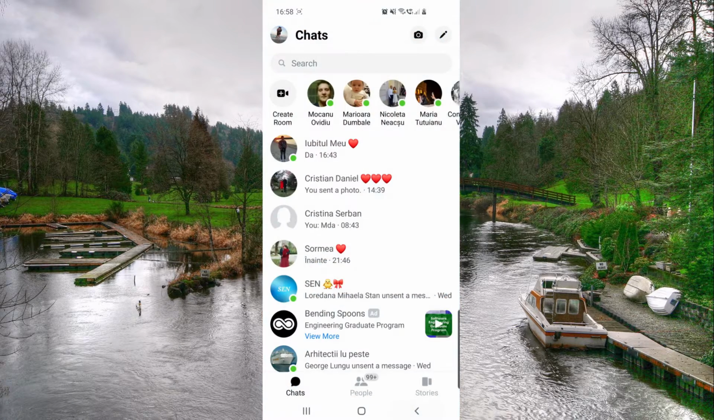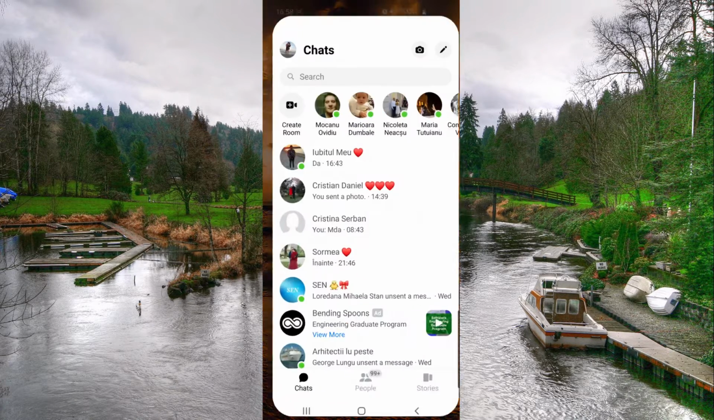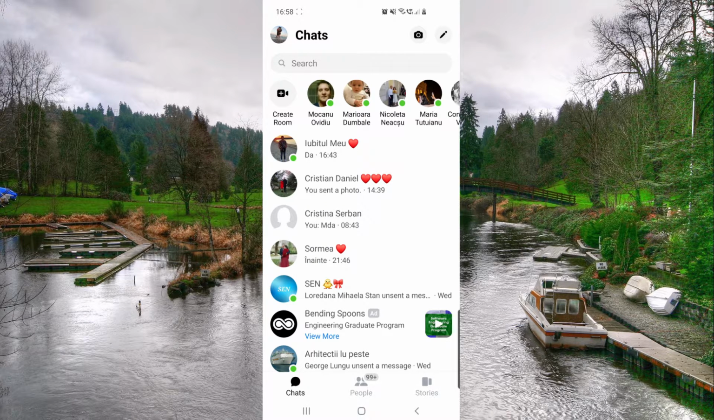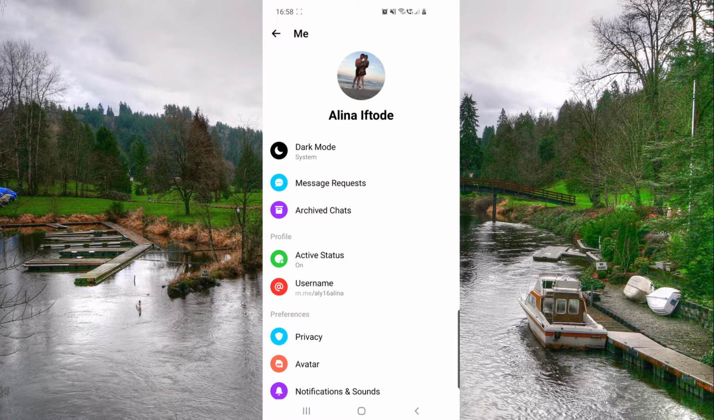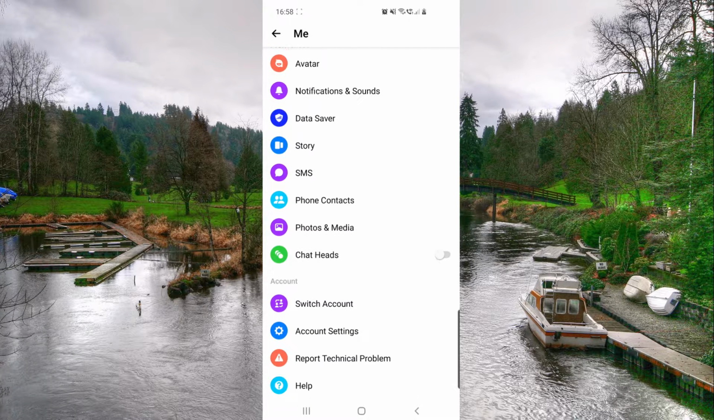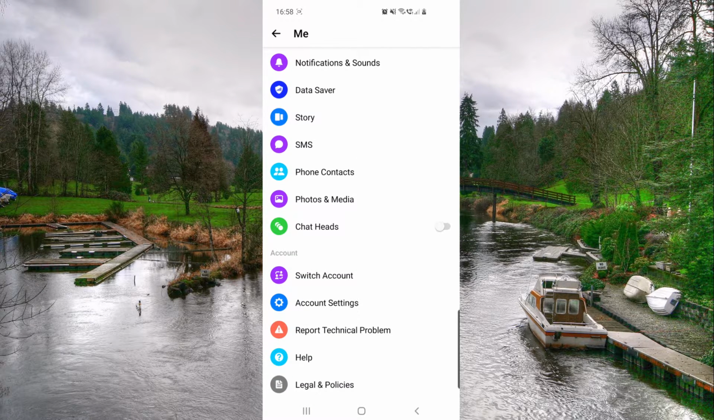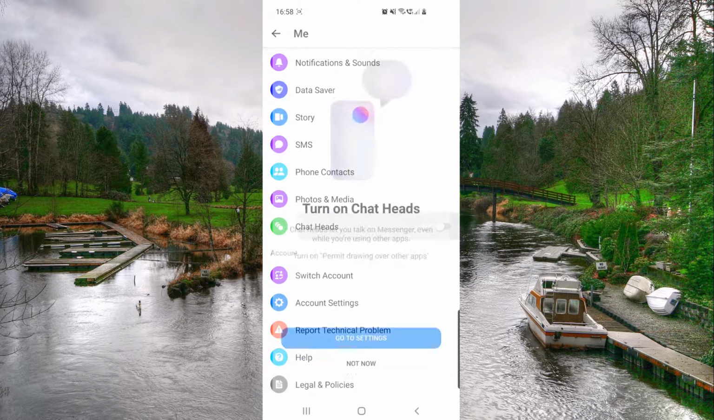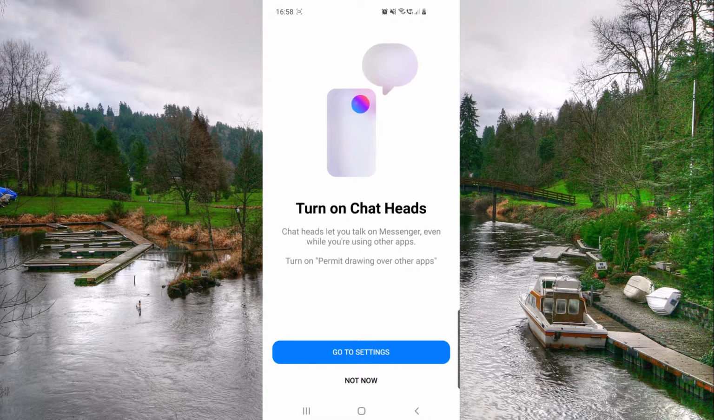So you just have to go on your Messenger app, and then from here you have to click on your profile, which is in the top left corner. And then from here you want to scroll down until you find, under the photos and media, chat heads. So click on that, enable that, and then click go to settings to turn on the permit drawing over other